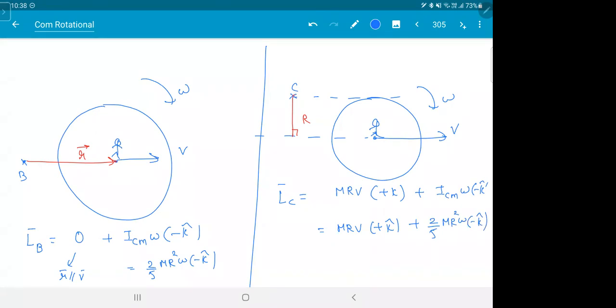Any doubts on this? Any stuff you didn't get, please ask. These are important. You should know how to calculate. This is what I was saying. So I'm treating the center of mass like a particle, I calculated. When I stand on the center of mass, I'll see pure rotation, I calculated. The directions are important. Others, keep your cams on. Any step you didn't get, please ask me. Let me show you one more like this.